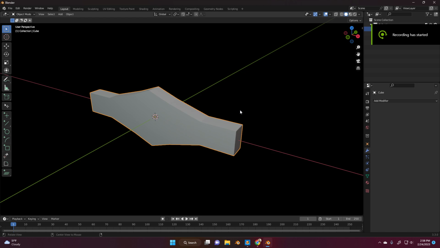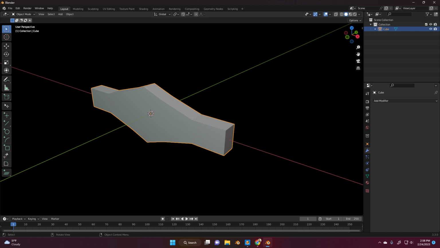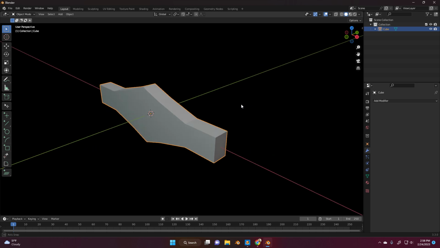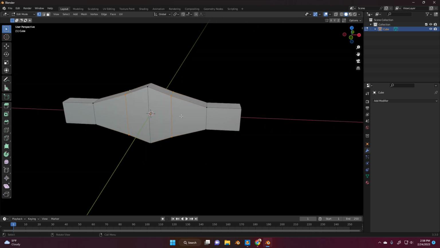All right, so I started off just kind of slapping out the basic shape of what you had, only yours has a lot of loop cuts on it. I'm not really sure why, but all you really need is this to start off with. So just get your basic cube, drag it out on the X, and then add a center loop cut, and then two more loop cuts on either side, and then just scale these ones to be a bit taller so